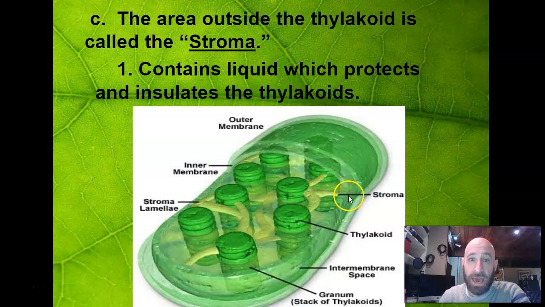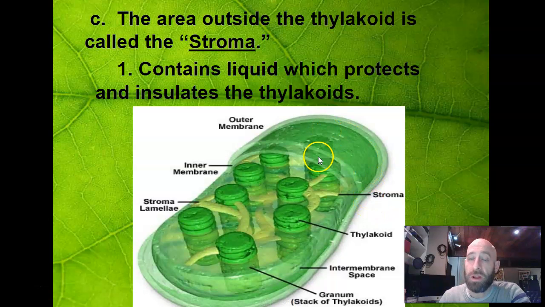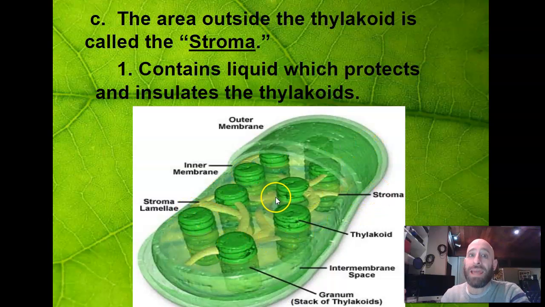So on this next diagram here, you can see this would be the chloroplast here. We have our membrane. There's actually two membranes. There's an outer and an inner membrane. But then we have these stacks of things called thylakoids. So each individual membrane is called a thylakoid, and then a stack of those thylakoids are called grana. So it's basically just how they're set up. And then inside of this membrane-bound organelle,